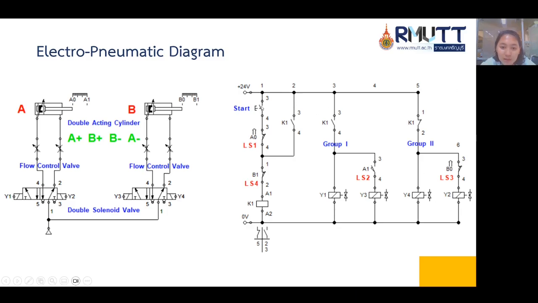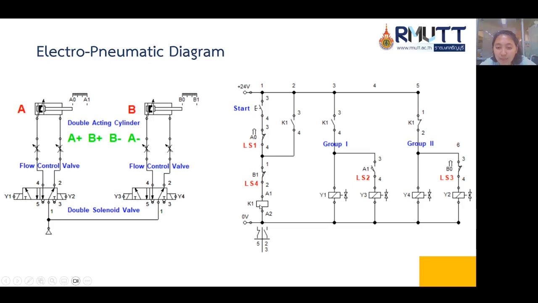This starts from the start button, and this is limit switch A0, limit switch 1, and this is P1 from limit switch 4, and this is the coil of relay 1, and this is the latching using the normally open contact of relay 1, and this is for group 1.